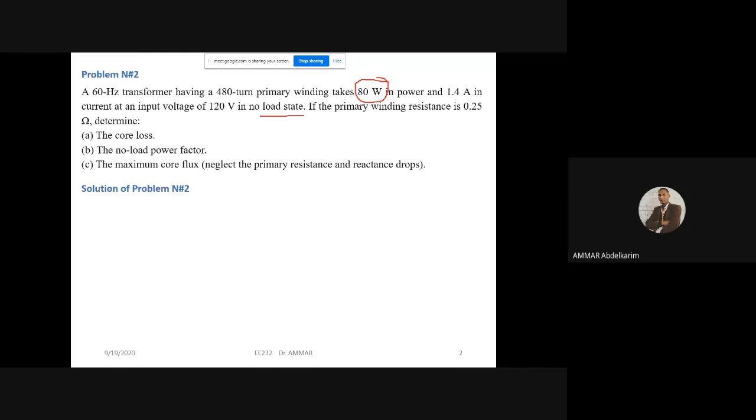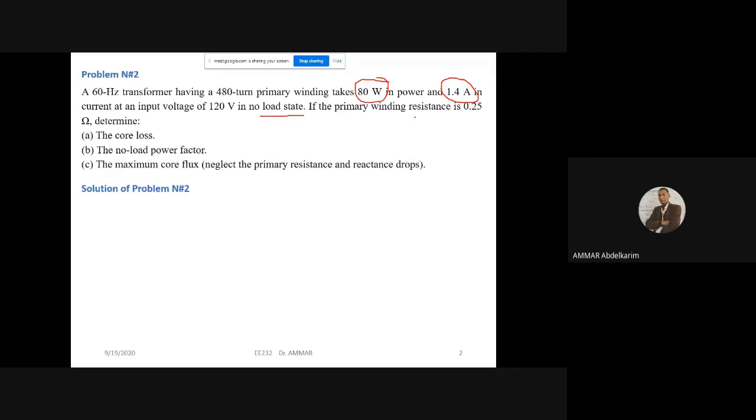So all this power, or most of this power, will be consumed as a core loss, so it will be dissipated in the core. And we know that the core losses are the hysteresis losses plus the eddy current losses. Generally, in the no load state, we neglect the copper losses or the ohmic losses. But in these problems, the no load current seems a bit important. 1.4 ampere is a big value. That's why we can calculate also the copper losses,